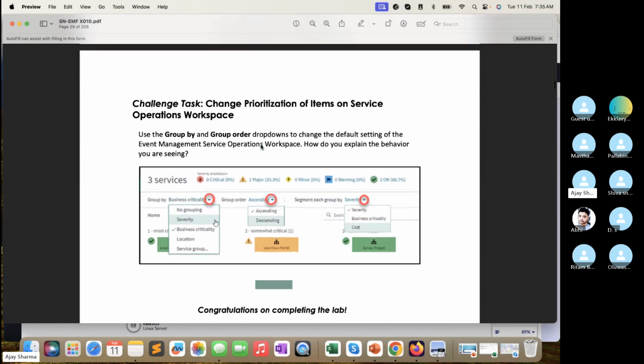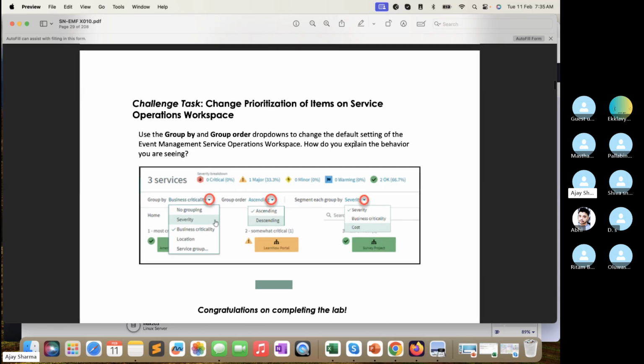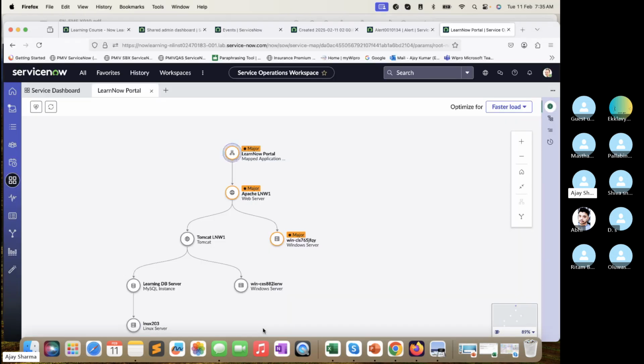Now, what they are putting here: change the prioritization of the items on the service operation workspace, used by the group by and order by, and change the default setting to the event management service operation workspace. How do you explain the behavior? Basically, if I go back here,